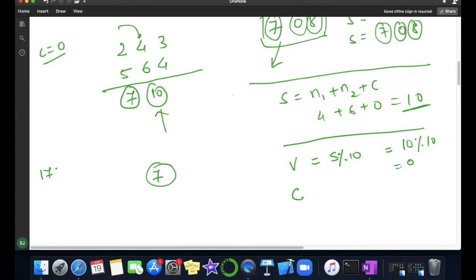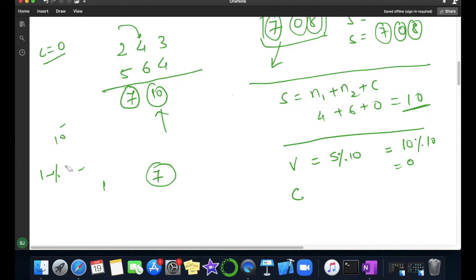For example, if 17 modular 10, I will get remainder 7, and if I divide 17 by 10, the quotient is 1. So we got 7 as the remainder, this is our modular, and 1 as the quotient.